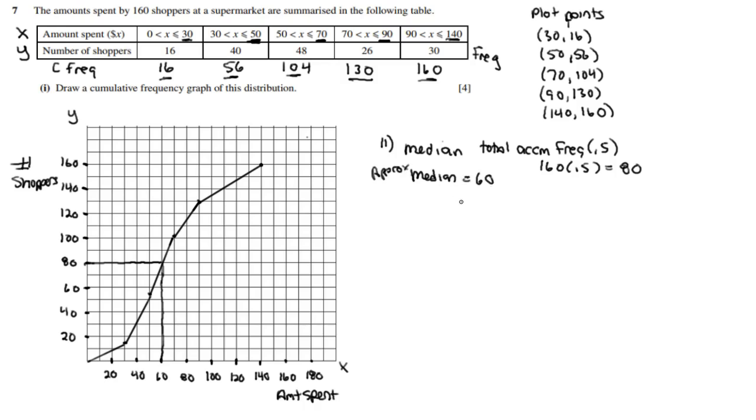So now they want the interquartile range. Well, the interquartile range is going to be the third quartile minus the first quartile, and quartiles are 75% and 25%. So again, I use the same kind of process. I multiply times the largest number, 160. So now I've got 40, and I come across and then come down, and I'm estimating that it's a little bit less than 45, I think. So we'll say